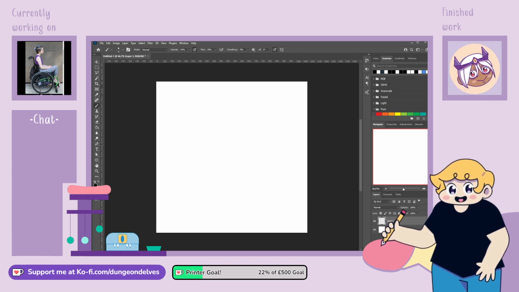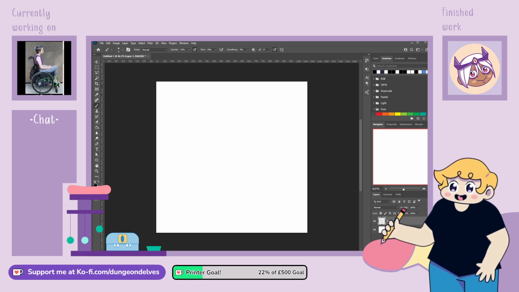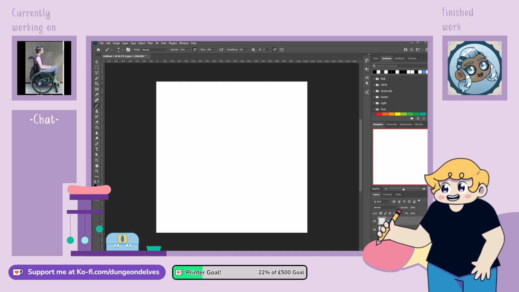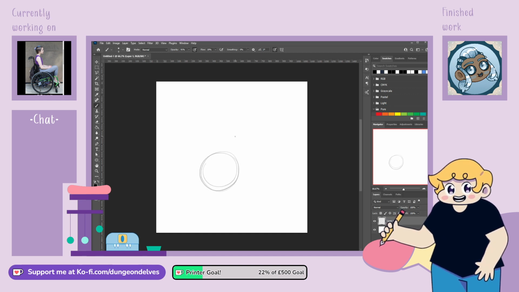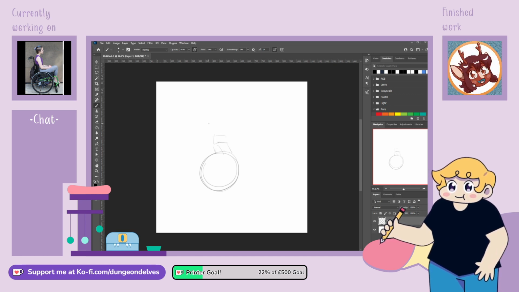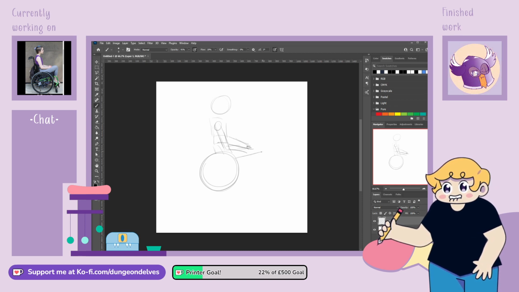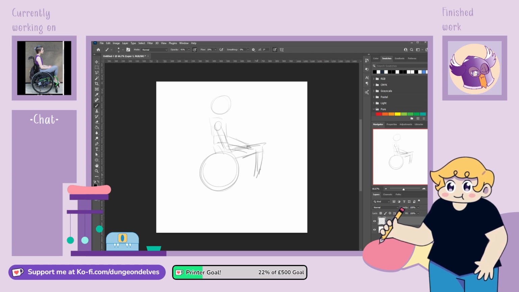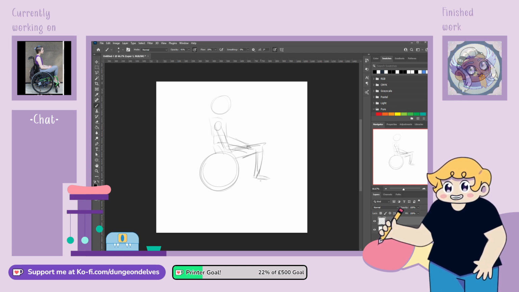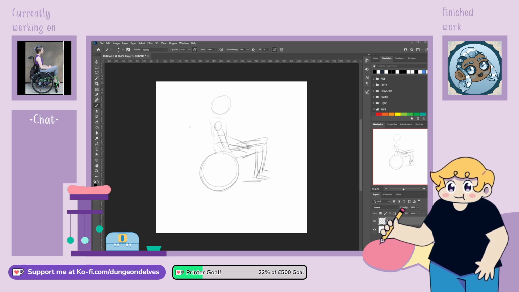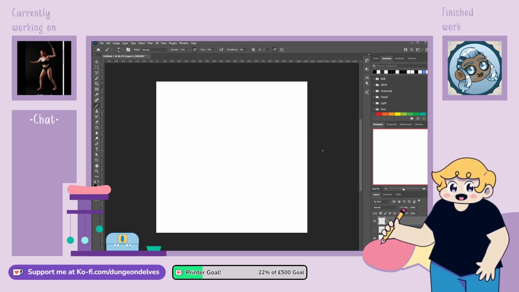So these will be very quick, maybe very panicked. They tend to be. But we'll just keep going. 30 seconds isn't a long time, so there's no point in being too precious about it or being too hard on yourself. Really, you're just trying to get the model in. So relaxed shoulders is what I'm getting here. The head's way too big, but I'm not going to focus on that. The knees are slightly up. That's what I'm focusing on. I'm focusing on just trying to get the basic pose in. There we go. And we're already on to the next one.